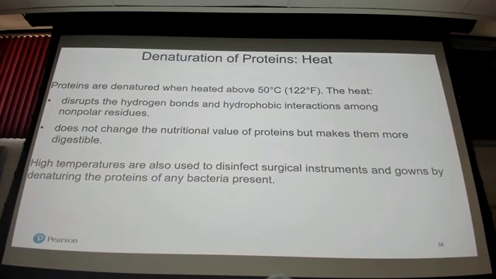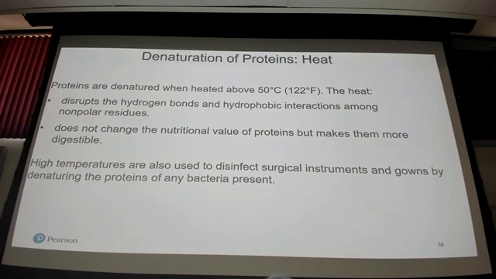So heat, we know, like when we cook meat or we cook eggs, that the proteins break down to make the meat more tender, and in eggs, we notice that the egg white changes from clear to translucent, and that is just the disruption of the hydrogen bonds and the interactions. But clinically, if we get a high temperature, like above 105 degrees Fahrenheit, 110, that will cause proteins,